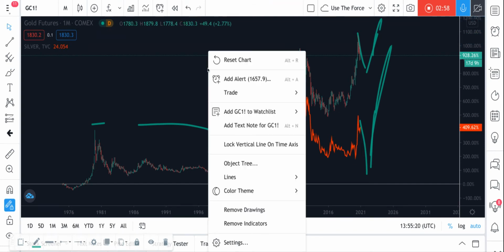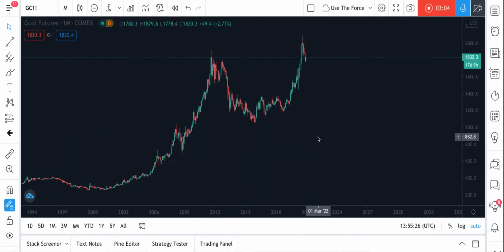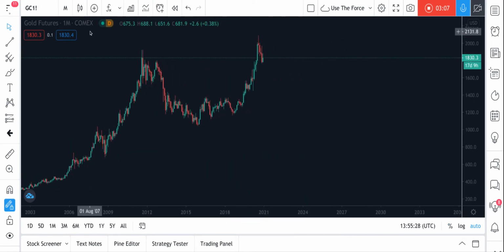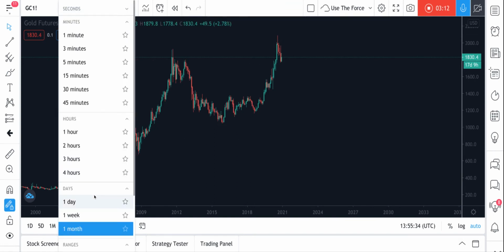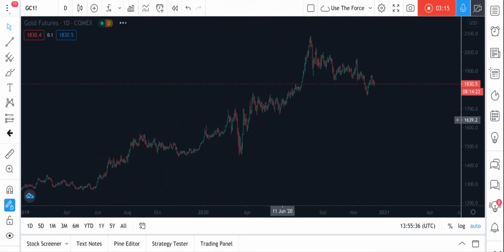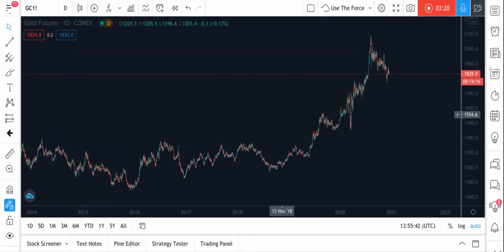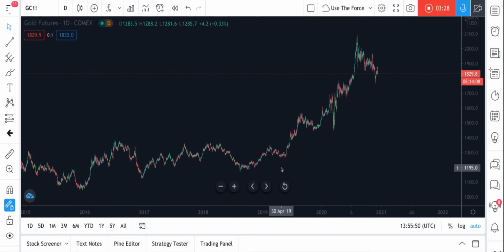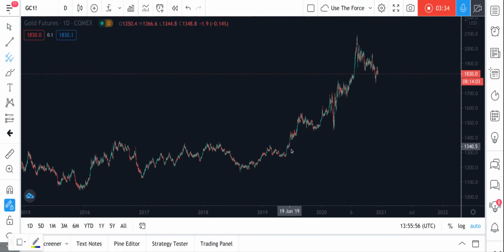For gold, can try some action reaction. I did have some GAN on it as well, which I think gave similar kinds of ideas. I've not even really thought about what I was going to show you on action reaction for gold. Let's have a look. So, I mean, this was the consolidation period. Really, the time to buy was here or like here. So if we do a couple of pitchforks, let's go.